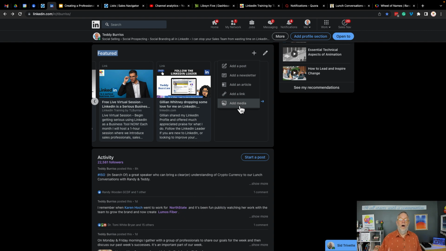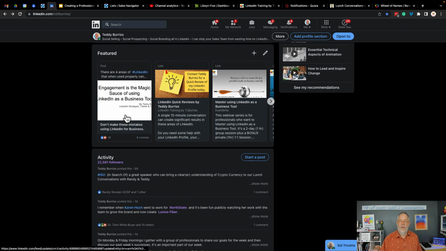This allows you to upload an image, a video. It allows you to upload a Word document, a spreadsheet, whatever, PDF, a PowerPoint. But whatever you put here, you have to remember, it has to be information that is highly relevant to who you are and what you do, showing your target audience what you do.